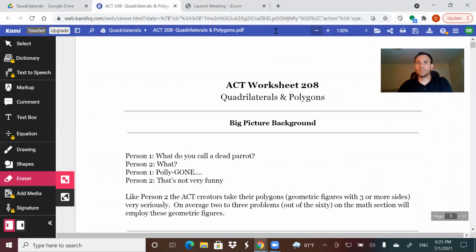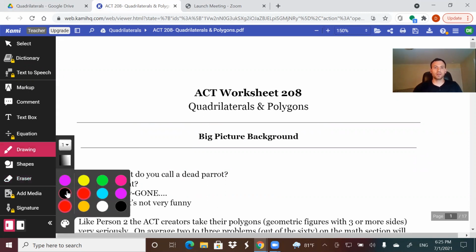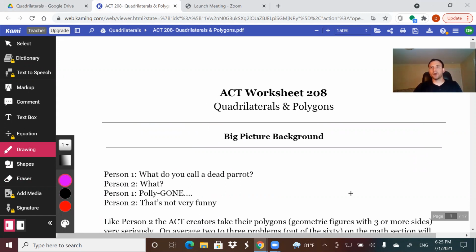Right, welcome. So we have a total of 5 geometry worksheets, starting with 205 angles. You have 205 angles, 206 triangles, 207 circles and conics. This is 208 quadrilaterals and polygons. And then the last one, and the one that we'll probably spend the most time on, is the trigonometry one, which is 209. But let's talk about 208 because that's why we're here and that's what we're looking at right